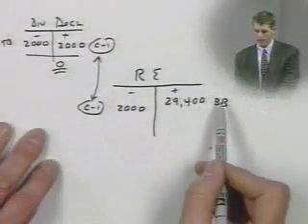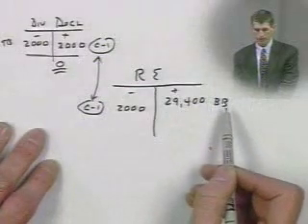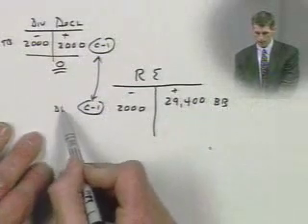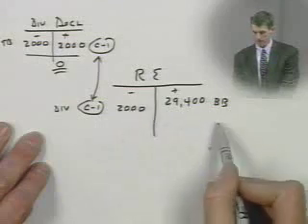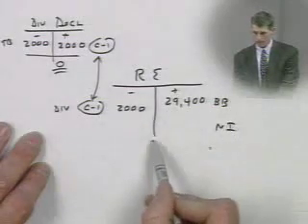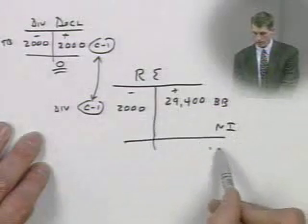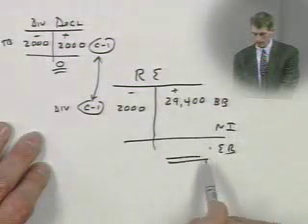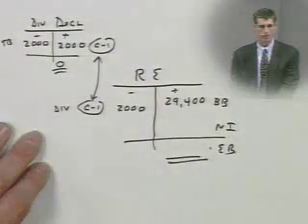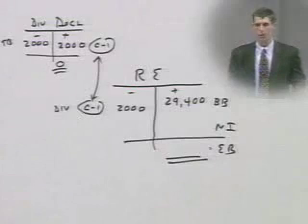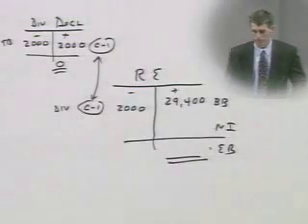We have beginning balance in retained earnings. We're going to subtract out dividends. Right? We're subtracting them out. We're going to add in net income. And that's going to give us our ending balance in retained earnings. Right? Same thing we did. The same process you'll use on your project. Now,